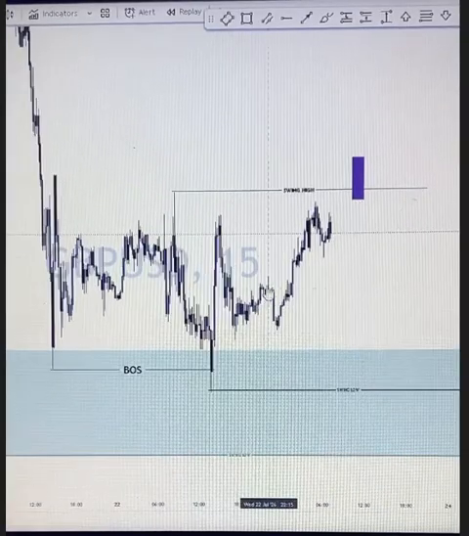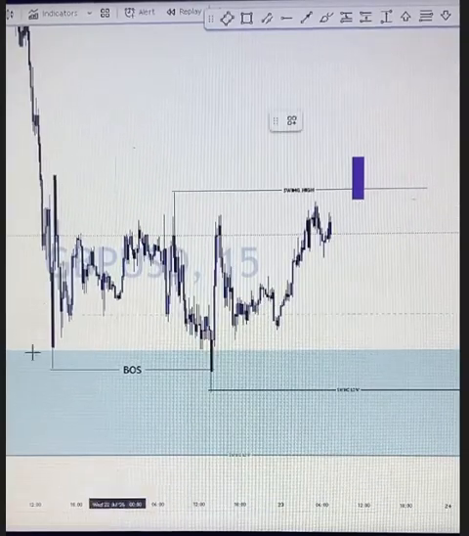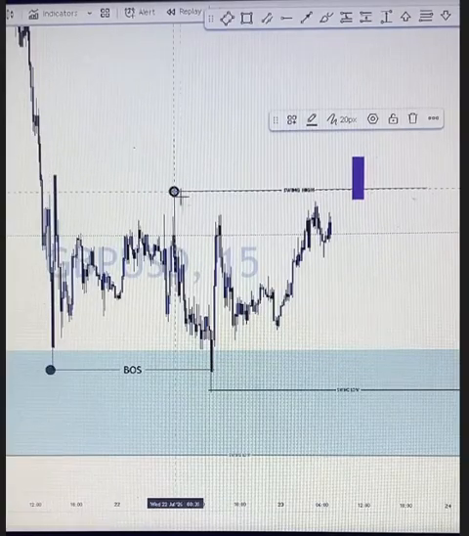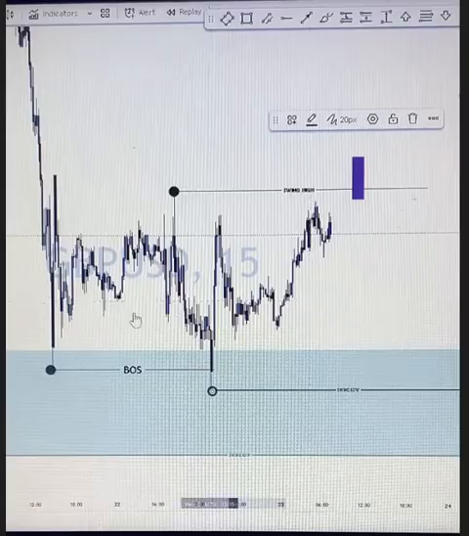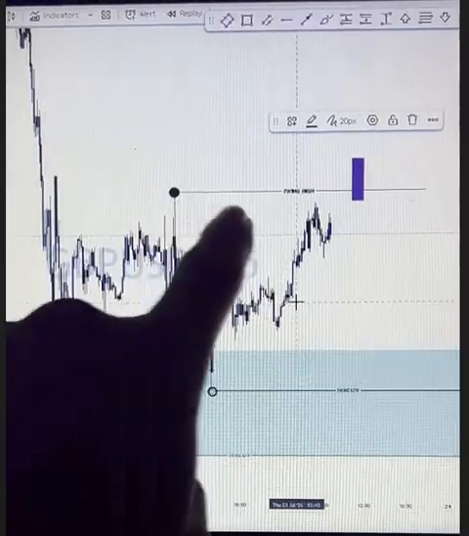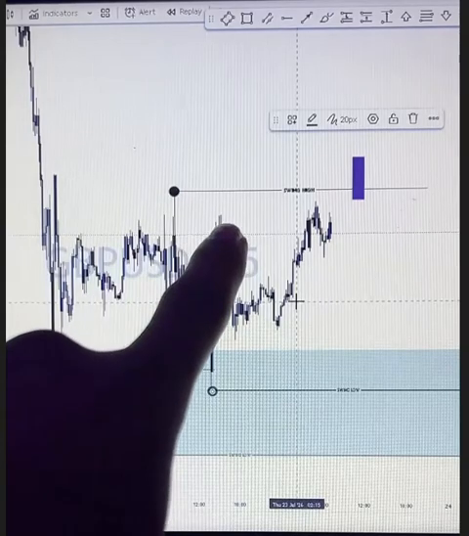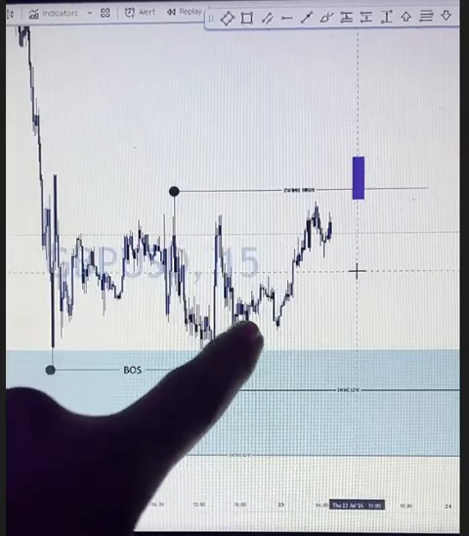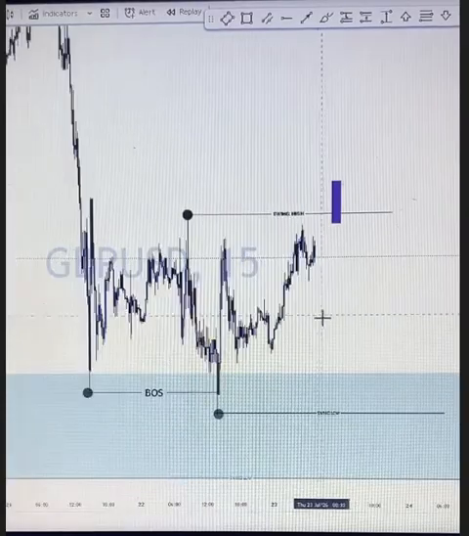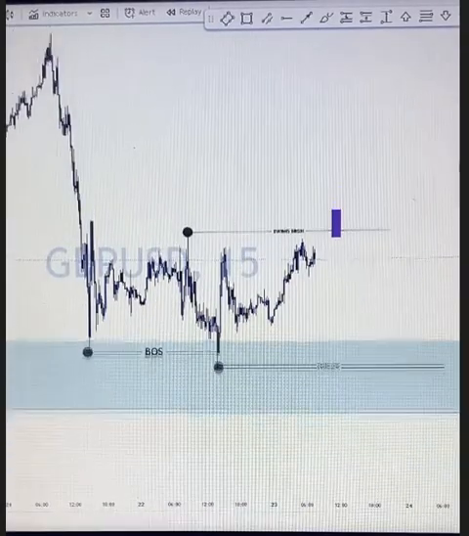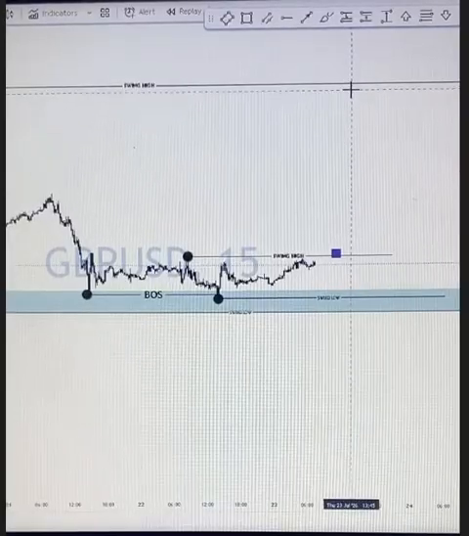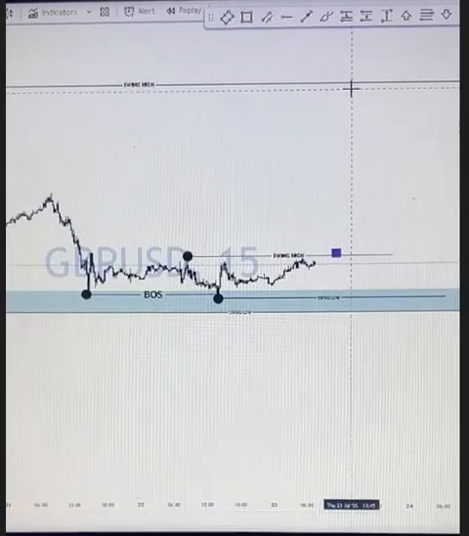We are waiting for a candle close above this high. This is our low, right? This is our high, and this is our breakout, meaning we are bearish. Now, this is the strong high holding this market from being bullish. So the moment we get a candle close above this high, guys, we are going to buy and target the whole of this high. That is what we are going to target.